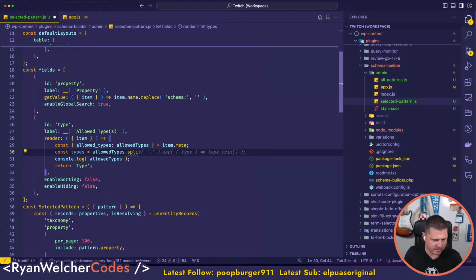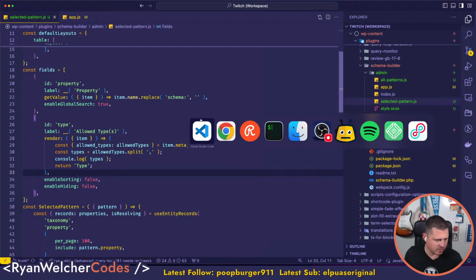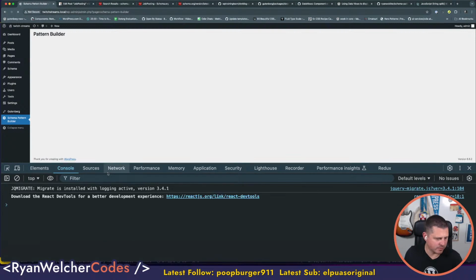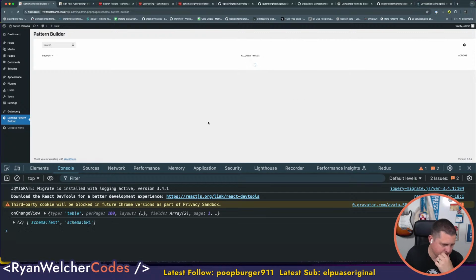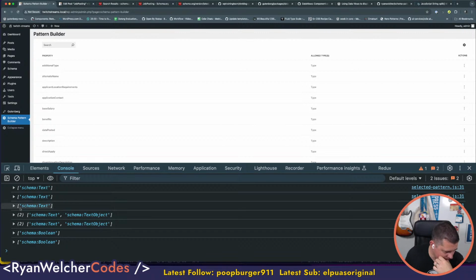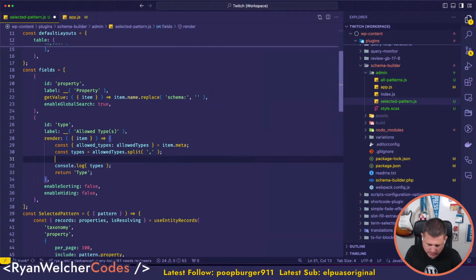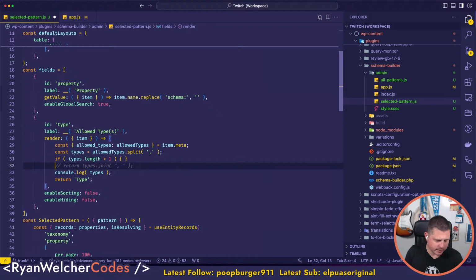Basically I built this so it has an array of types now, so I figured I'd just save it as a string because it was easier, and so I should be able to see all the strings now. Yeah, there we go. So schema text, so there we go. So now in here what I can say is if types.length is, I guess, greater than 1, right? We're going to need to do a,